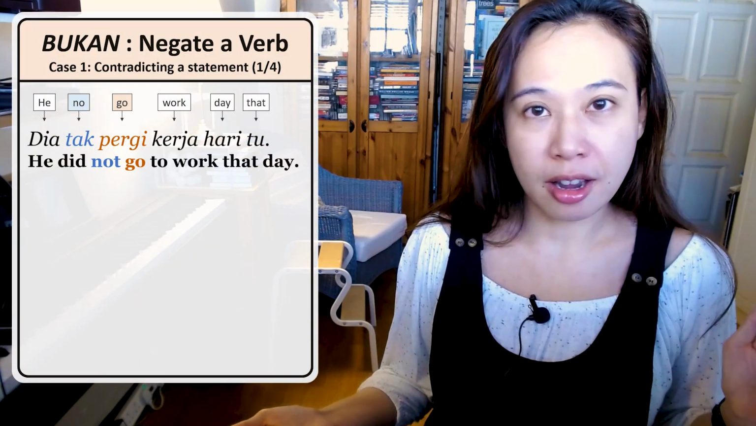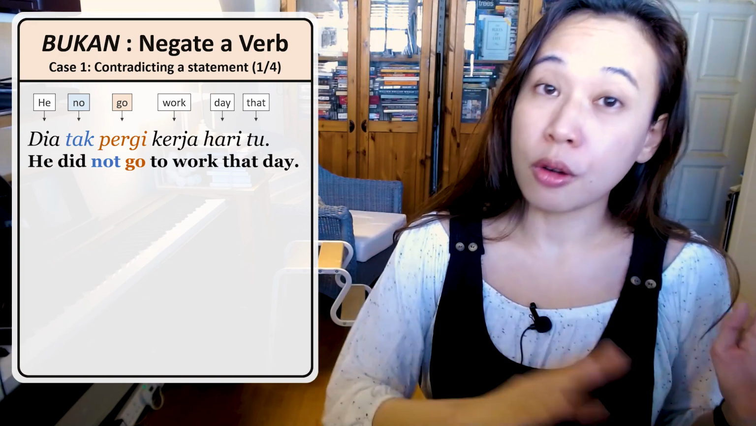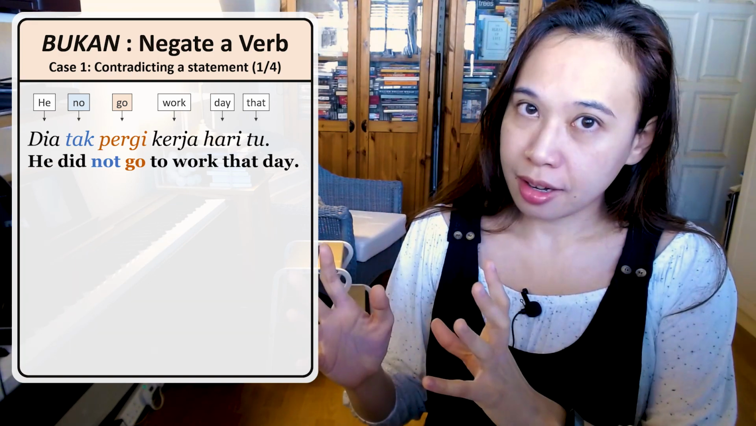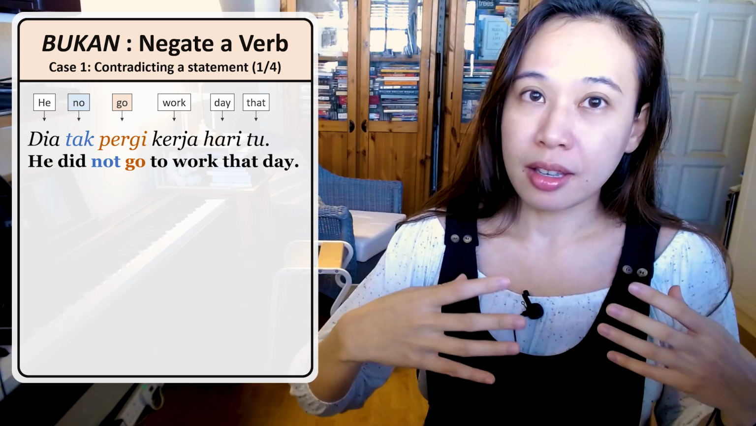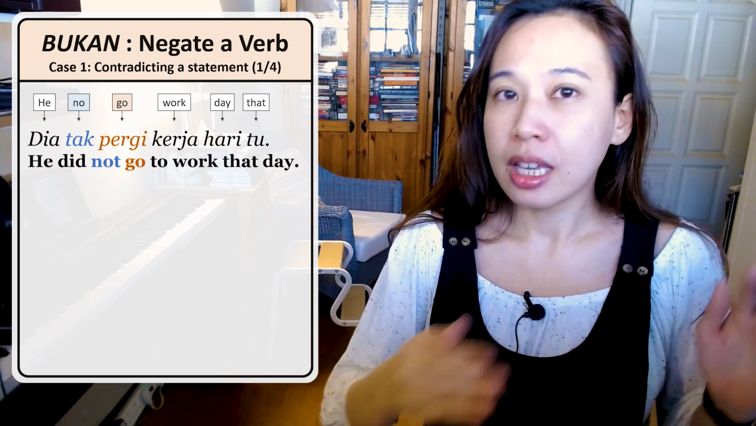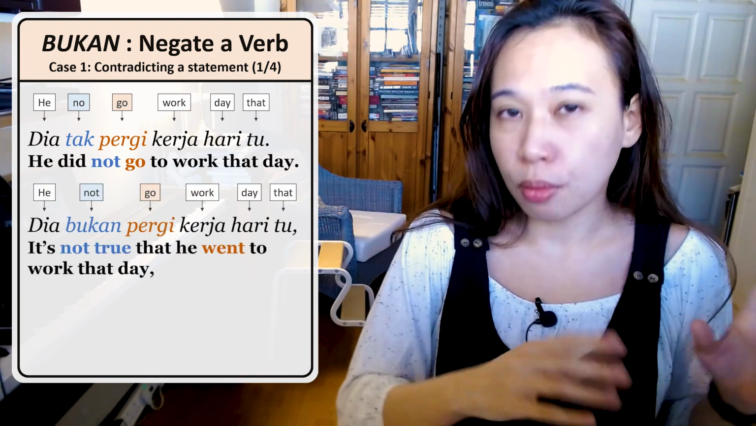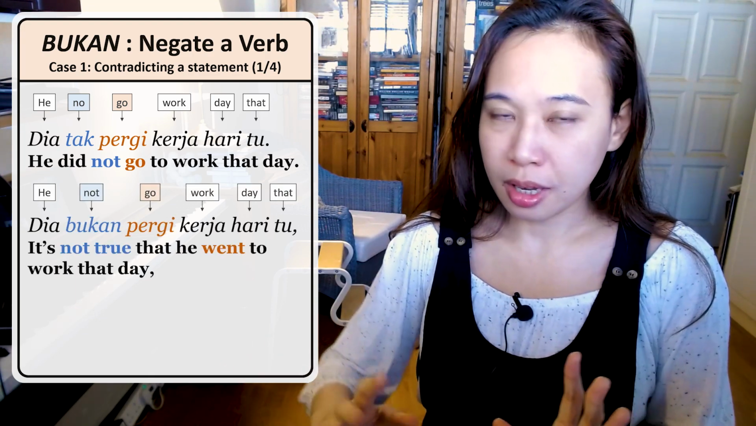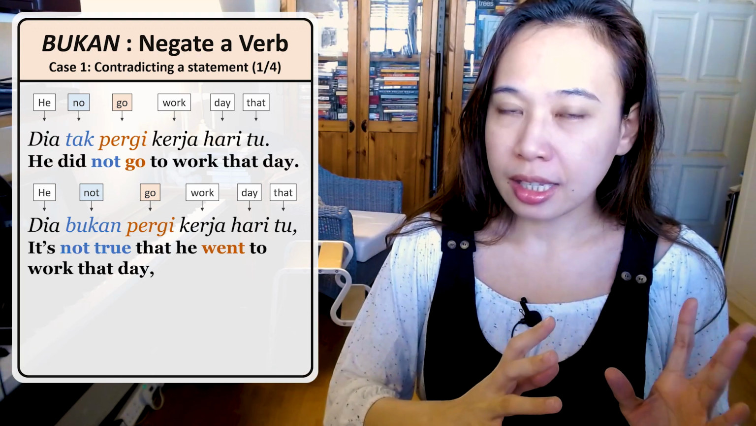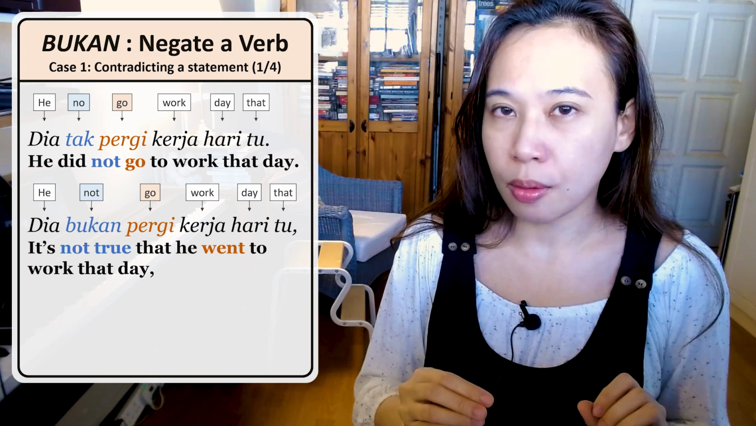Using the first sentence that I used to negate a verb just now, dia tak pergi kerja hari tu. He or she did not go to work that day. When I replace tak with bukan, immediately the meaning changes a little. Dia tak pergi kerja, he or she did not go to work. Dia bukan pergi kerja hari tu, the meaning changes to, it's not the case that he or she went to work that